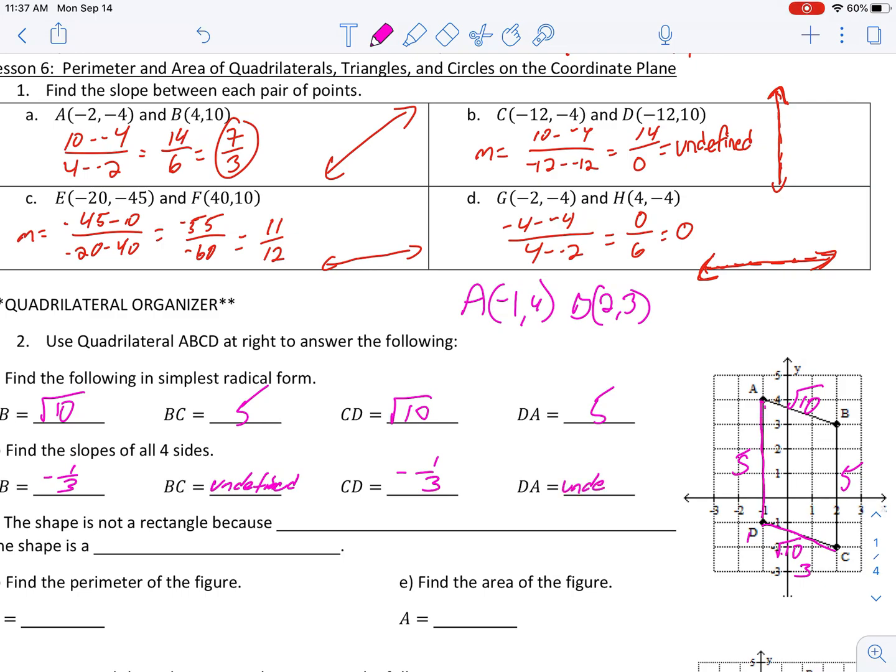And AD is vertical again. That slope is undefined. Okay, so here's what we've got. Let's try to break this down then. If this was truly, say, a right angle, this would make a rectangle, but we do not have a